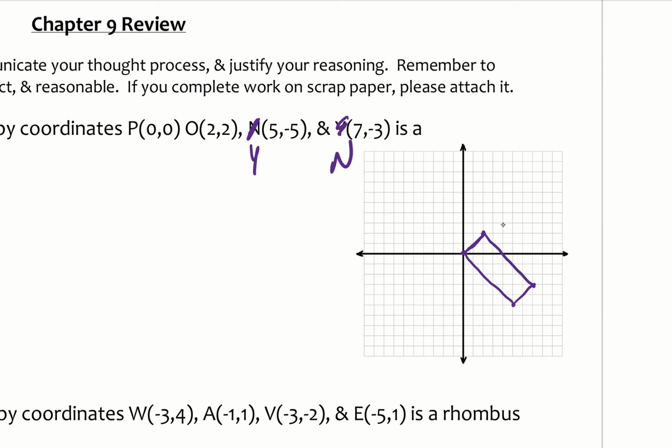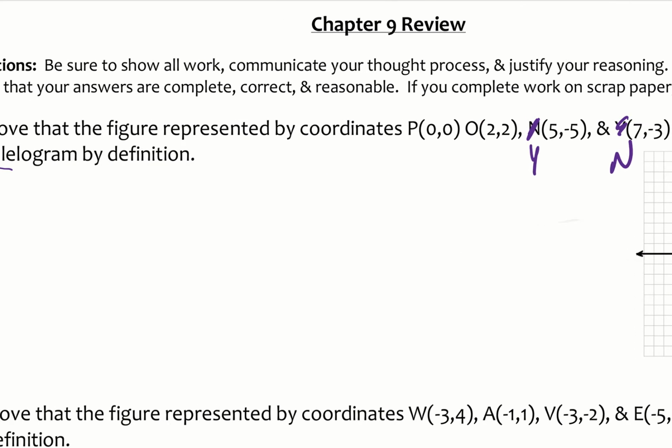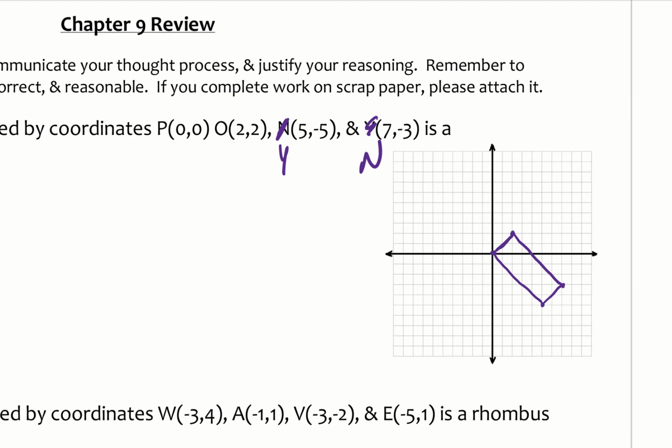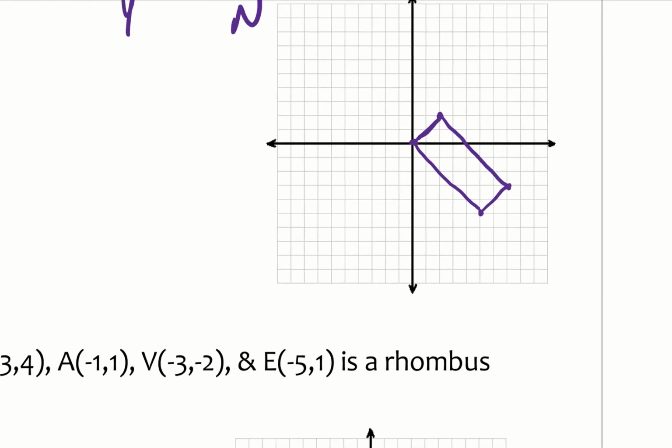Now you might think, well, this is a rectangle. We're not proving that this is a rectangle necessarily. We're just proving that it's a parallelogram. To prove that it's a parallelogram, by definition, it has to have two sets of parallel sides. To prove that this is a rectangle requires more. You need to show that these angles here are right angles, so that it has four right angles. We will not be proving that because we're just proving it's a parallelogram. So you're going to do your rise over run